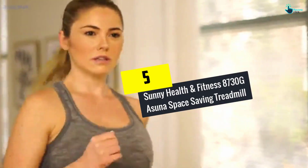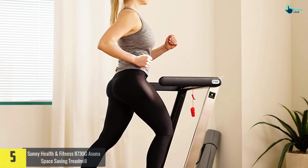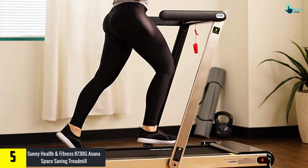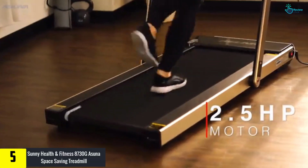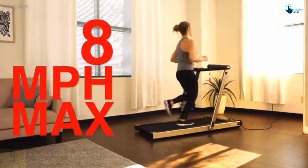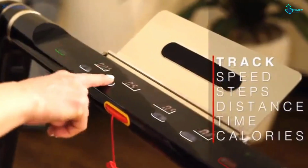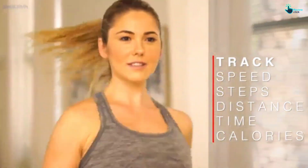Starting at number 5, we have the Sunny Health and Fitness 8730G Asuna Space-Saving Treadmill. The Sunny Health and Fitness 8730G is a space-saving treadmill. It has a long running surface measuring 49 inches by 17.5. It can support weight up to 220 pounds. It is powered with a 2.5 HP motor, offering speeds up to 8 miles per hour, so you can surely get